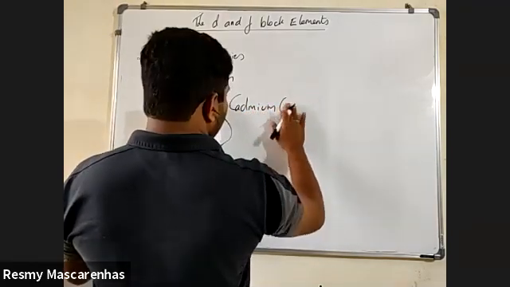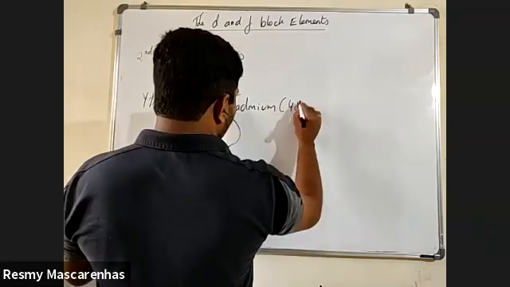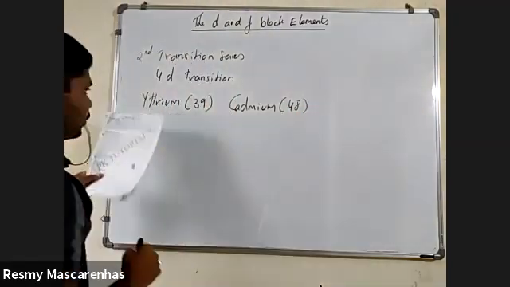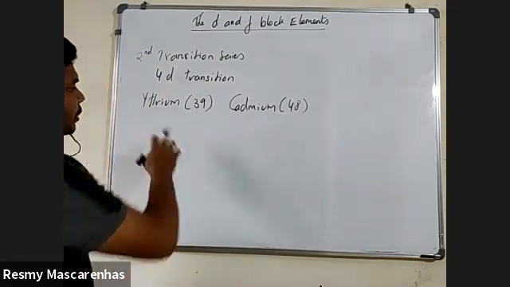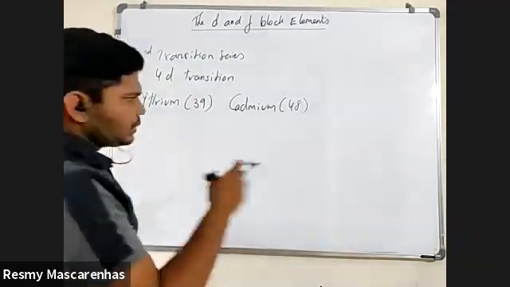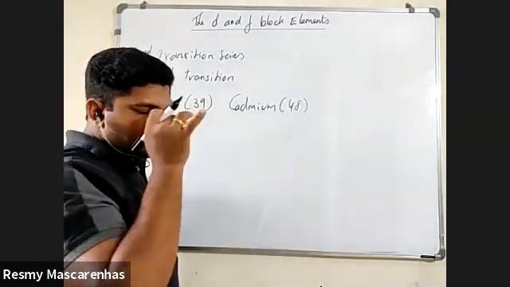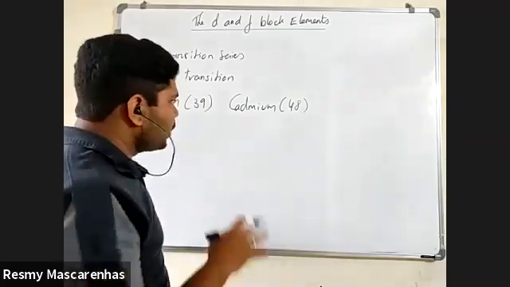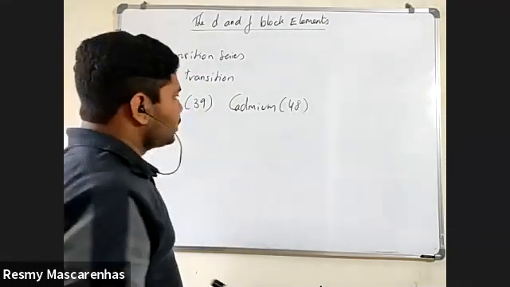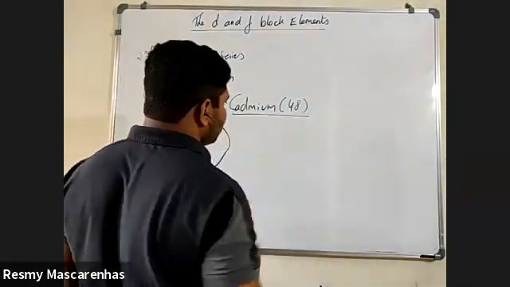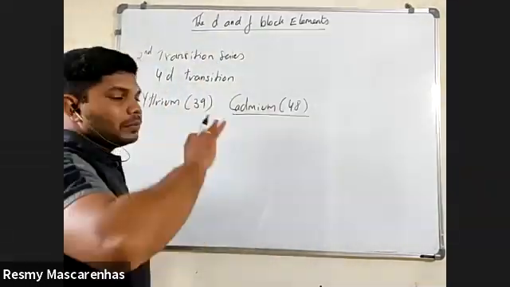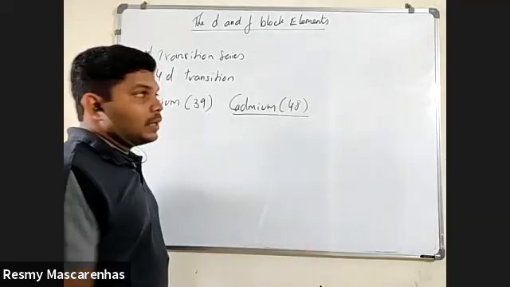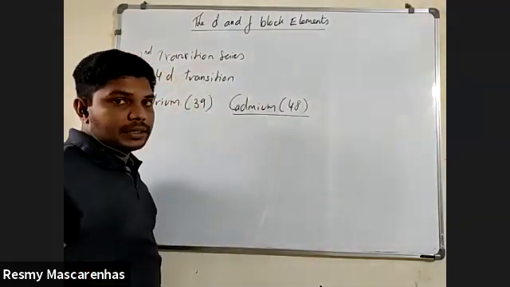Okay, that is atomic number 48. Now in this case there are many elements inside this, no need to do. Important things you need to do for competitive exams, but for Goa board it is not required. Only a few elements are there which I will tell you, like here cadmium is very important. Cadmium is the last element in the fourth transition series.